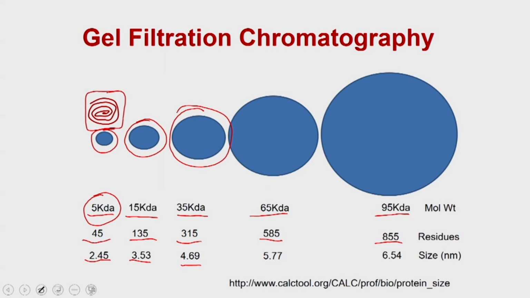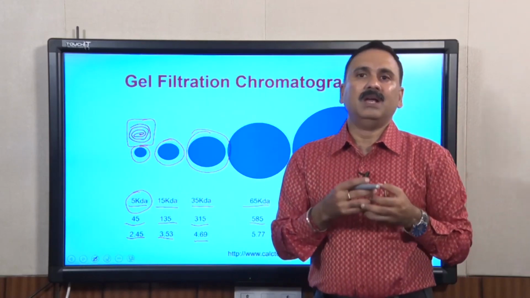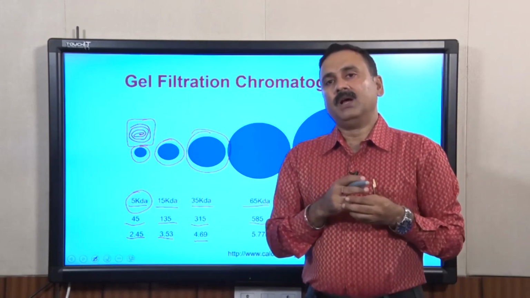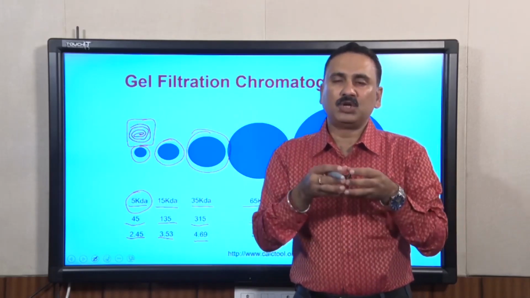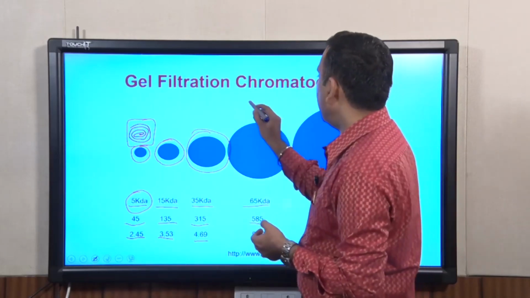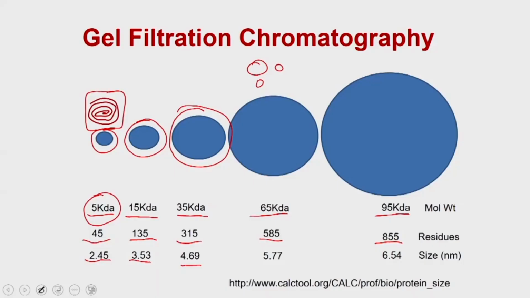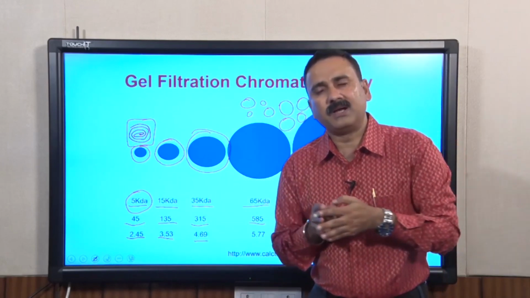If you consider that only globular proteins are present in a complex mixture, you actually have nothing but a combination of different balls of different sizes present in the microenvironment, and all these balls can be separated simply by filtering these protein particles through